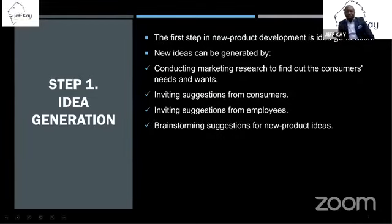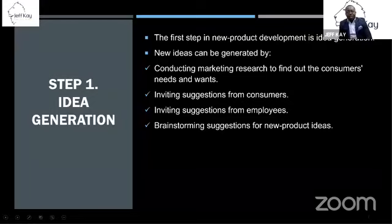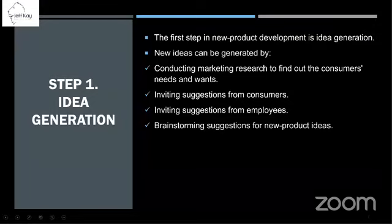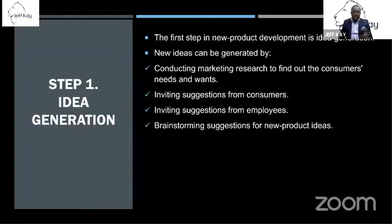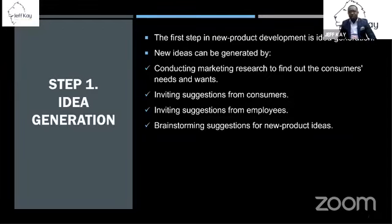Then brainstorming is also another way of idea generation. When you are doing brainstorming, you can do brainstorming as an individual, or you can do brainstorming as a group. All right, doing brainstorming as a group means you call your friends, you're having coffee, or you are having fellowship somewhere, and then you drop the idea before them, and you tell them, I'm thinking of starting a